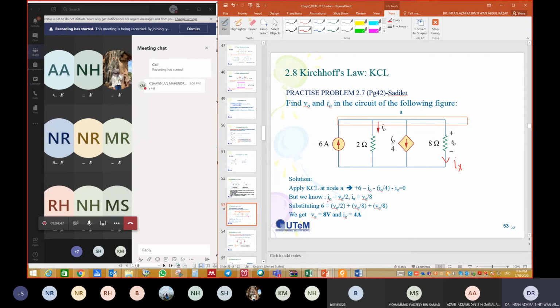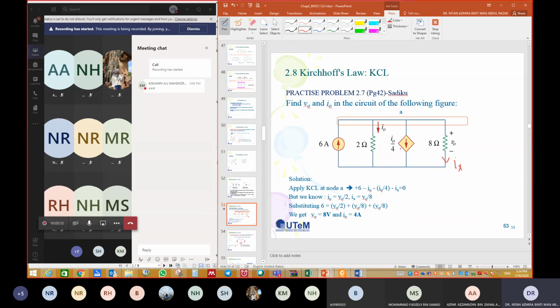So I naught is equal to V naught over 2, and Ix is equal to V naught over 8. So 6 is equal to V naught over 2 plus V naught over 8 plus